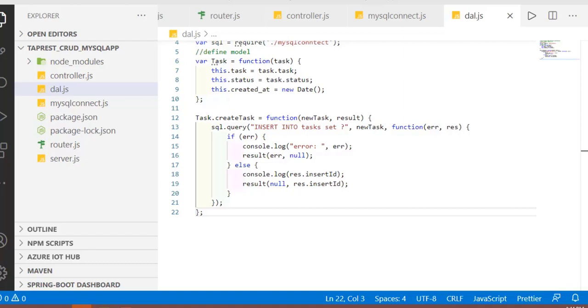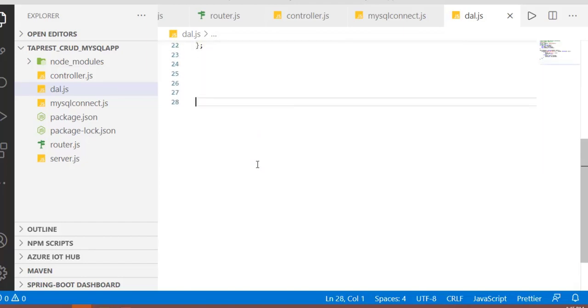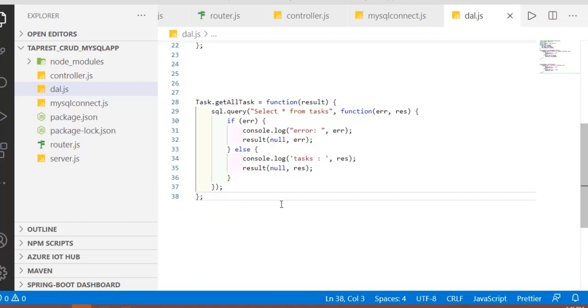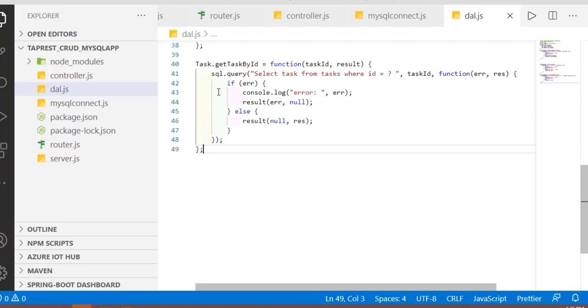We are passing our simple SQL query, which is nothing but your insertion query. Now if I can write these lines of code, how do I write the code for getting all the tasks? We will have a separate function, get all tasks, where using SQL.query we pass our query, and the data which is returned we will send further. Can I just go back and write one more separate function which is going to take care of get the task?